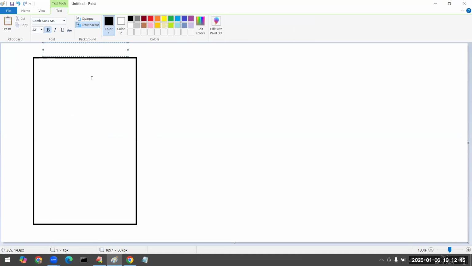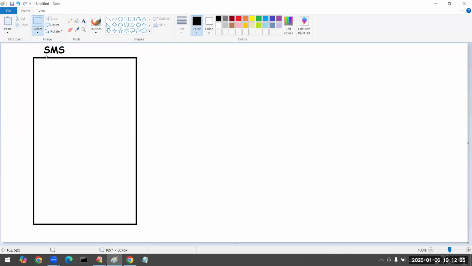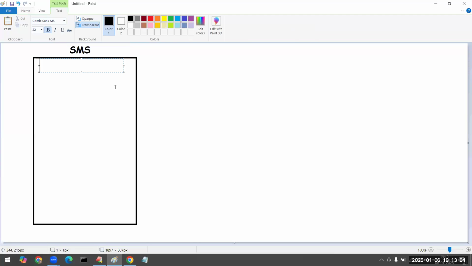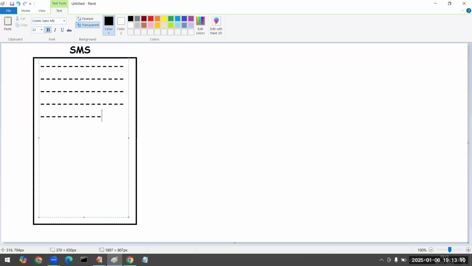Like SMS, student management system. I am writing it in short form like this. We will develop this project by using a character user interface. In this, n number of things will be there. We are going to write a big chunk of lines of code here.